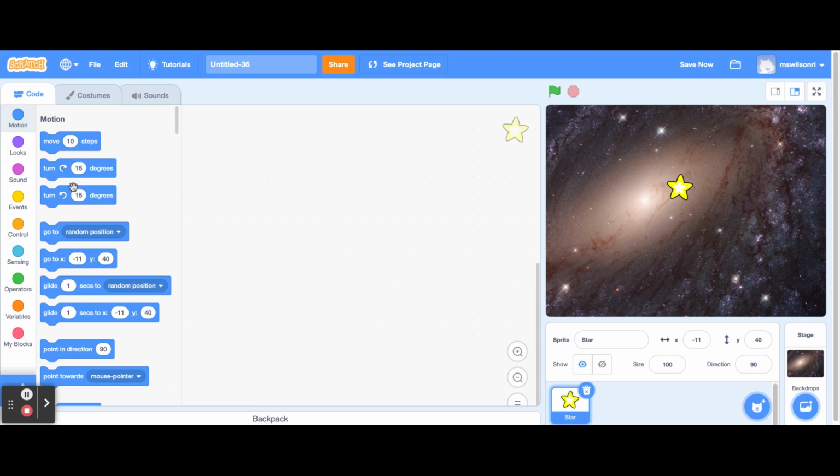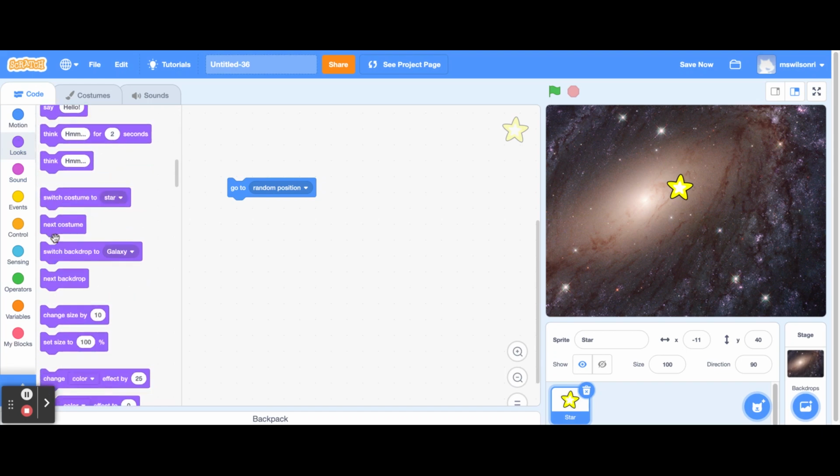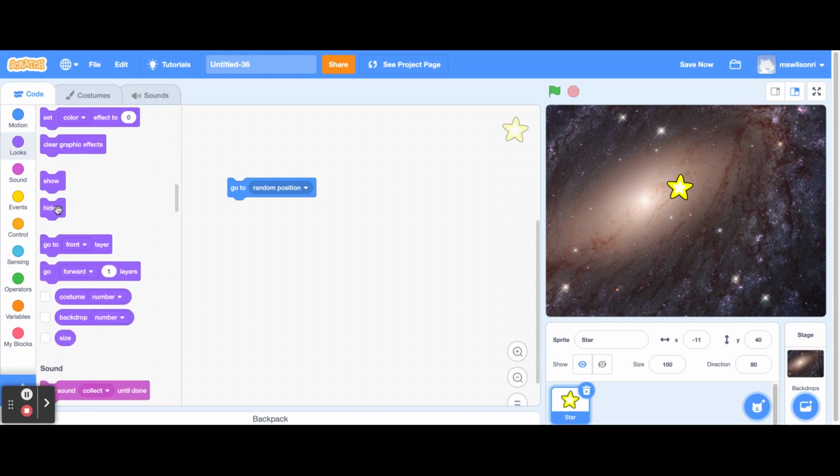And if we look here in the blue motion code, we'll see this go to random position right there. So we want it to go to a random position and then show up. And before it shows up, we want it to be hidden. So hide and show are in the looks category. So we're going to click on these purple ones. We'll scroll to the bottom and there we have show and hide. So we want this to hide first, and then we want it to show second. And we can click those here